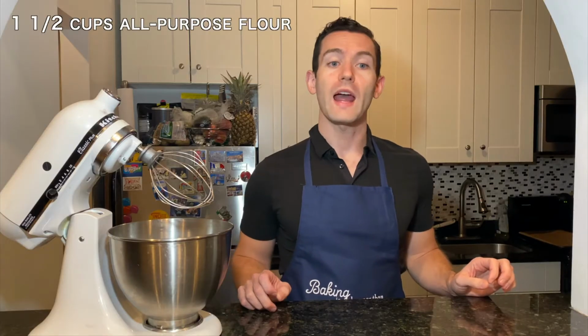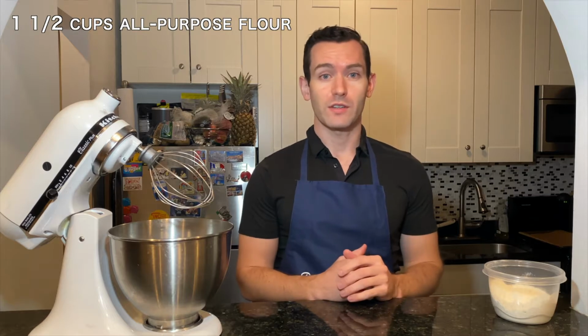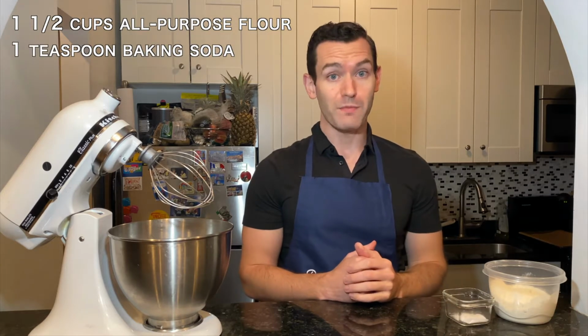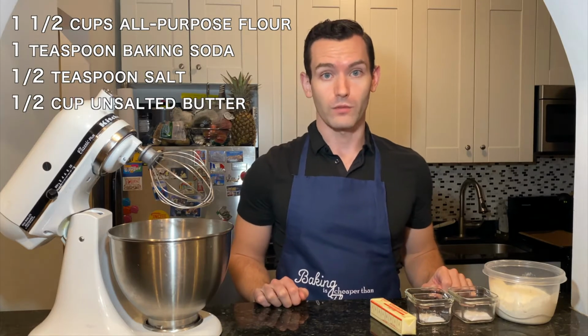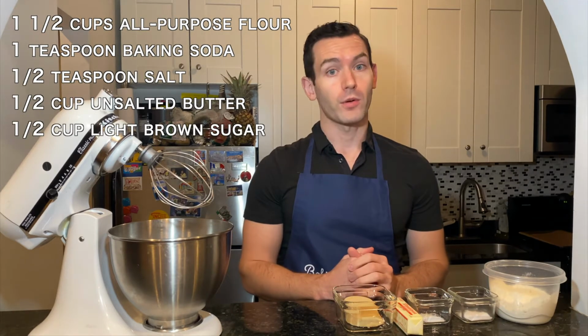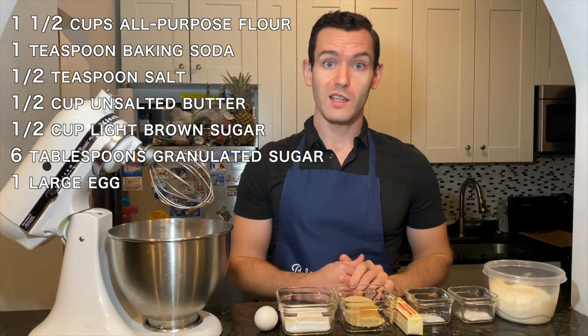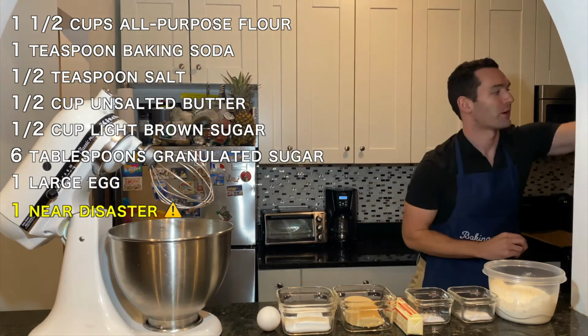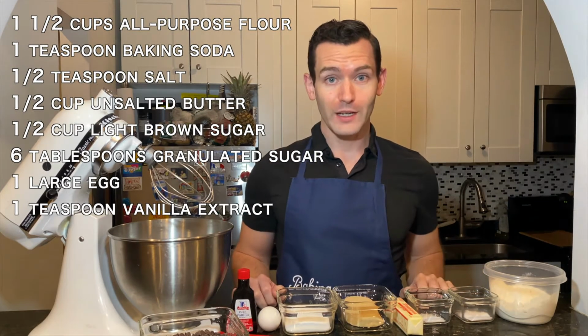First, we will need 1.5 cups all-purpose flour. I like to use King Arthur brand. It's my favorite. A lot of pastry chefs love to use it, and it does really well. 1 teaspoon baking soda. 1/2 teaspoon kosher salt. 1/2 cup unsalted butter, room temperature. 1/2 cup firmly packed light brown sugar. 6 tablespoons granulated sugar. 1 large egg. Everything's falling. 1 teaspoon vanilla extract. And the most important